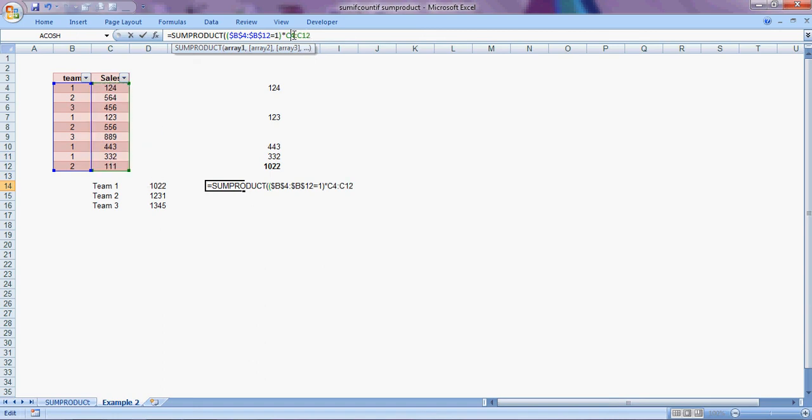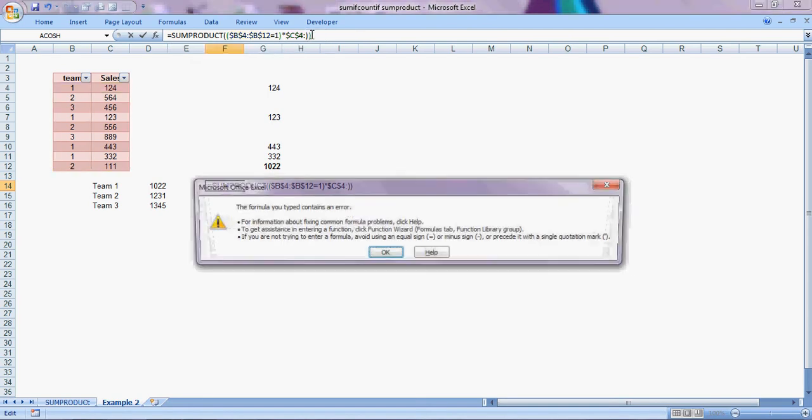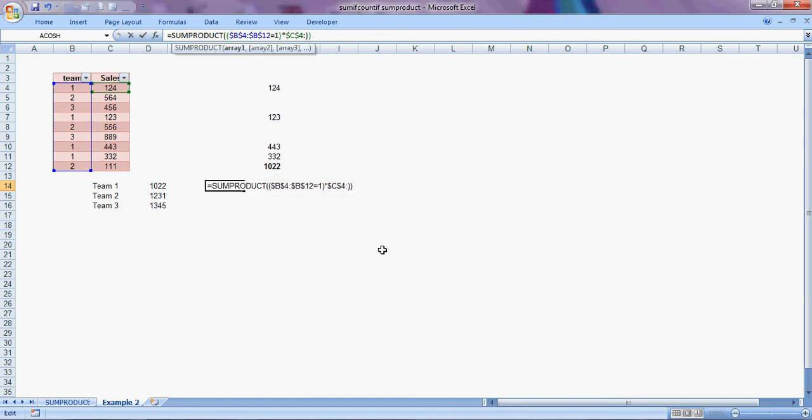For sales as well, make it absolute. Plus, there's some error, wait a sec. I couldn't select the full thing. Yeah, so it's 1022.